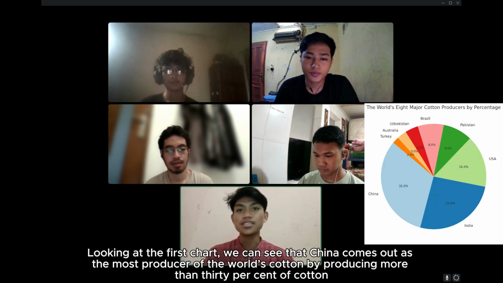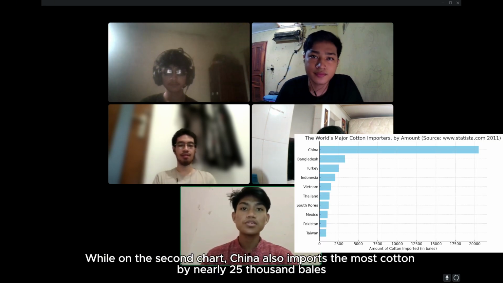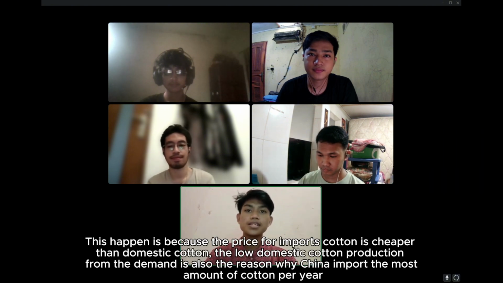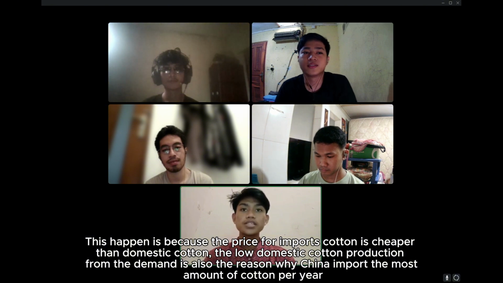looking at the first chart, you can see that China comes out as the top producer of the world's cotton, producing more than 30% of cotton. While on the second chart, China also imports the most cotton, by nearly 25,000 bales. This happens because the price of imported cotton is cheaper than domestic cotton. The low domestic cotton production relative to demand is also the reason why China imports the most cotton